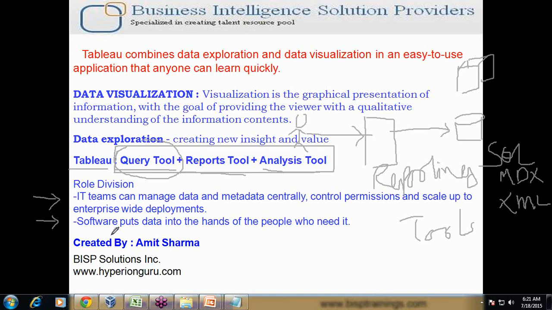Tableau is designed for next generation data visualization, where the IT team focuses only on pure IT activities. The IT team is responsible to manage data, metadata, security permissions, server administration, scalability, and software management. But the actual data visualization, playing with the data, is done by non-IT people, the business people. The roles have been clearly defined. The IT team works as a facilitator, whereas the business team is responsible to bring the data